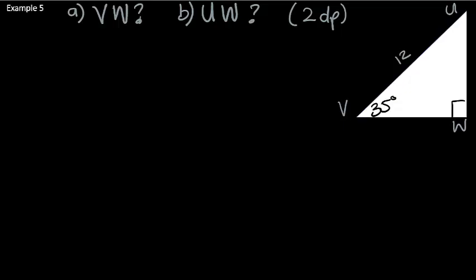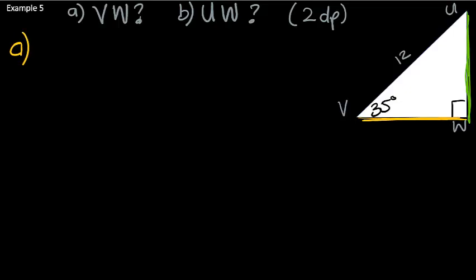Example 5 asks us, what is the length of VW? If I was going to mark it, I would mark it in yellow. That is VW. How long is that? And what is the length of UW? How long is that? We are going to use trigonometric ratios to figure this out. So, in order to answer question A,